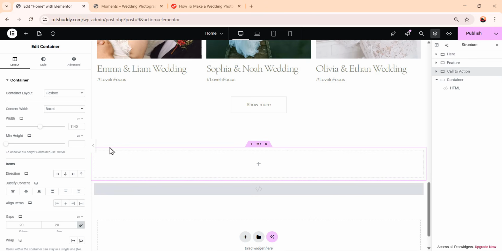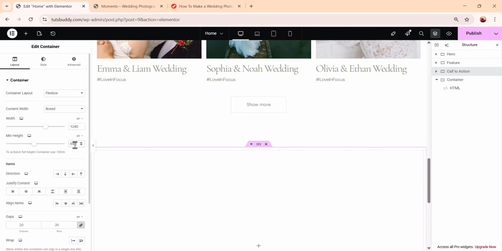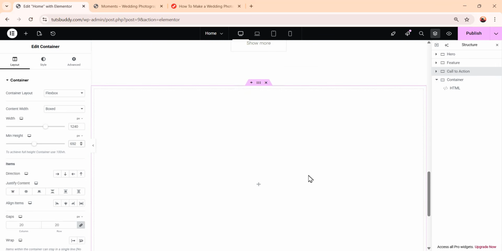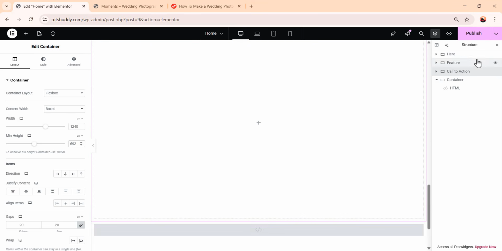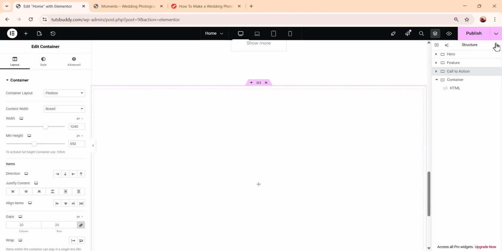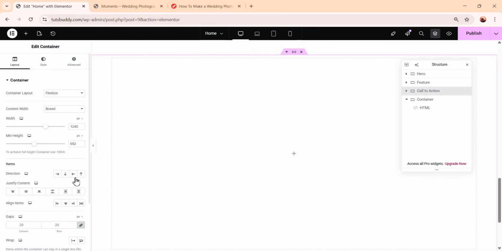In this call to action container, first of all, we're going to change the width to 1240 pixels. In this min height option, we're going to make it 692 pixels. As you can see, it has made the whole container like this. Okay, we're not going to take the structure like this, so in this whole new container,